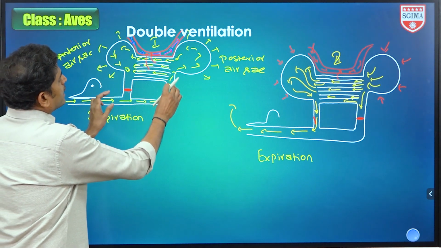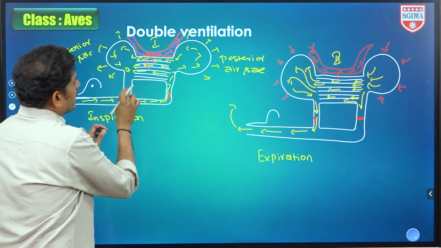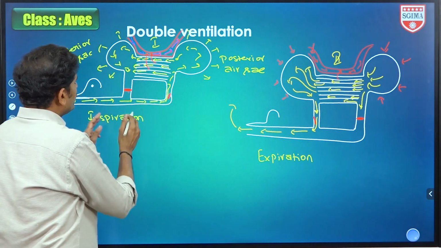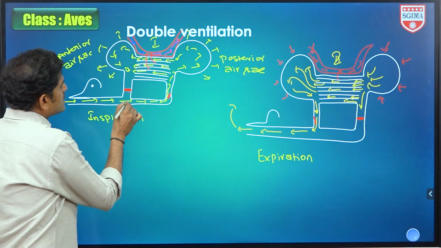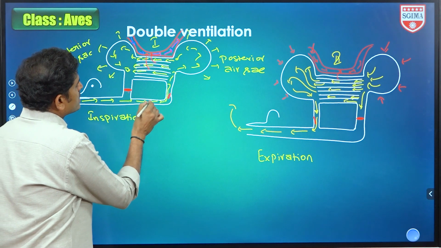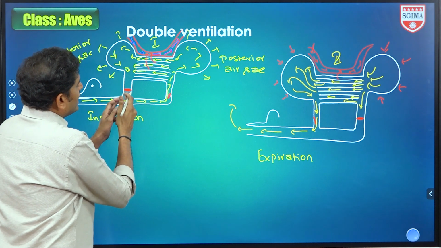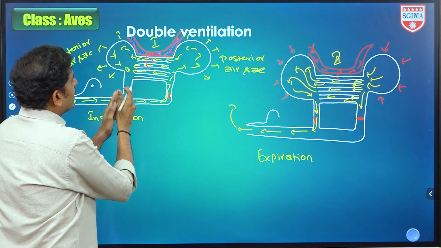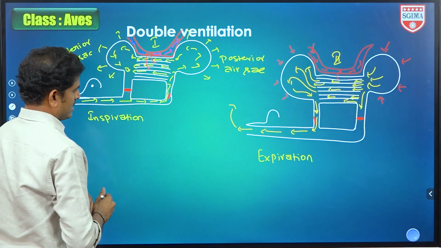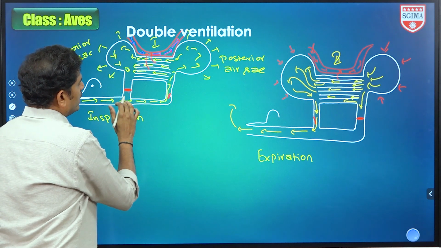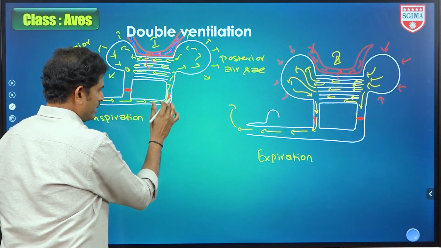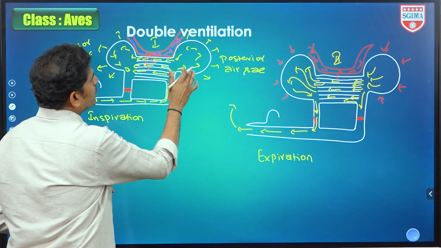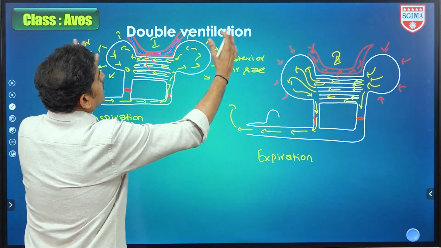In this air passage, on this side and this side, in these two areas, valves are present. So during inspiration, air enters the trachea and travels onwards. Here the air tries to enter, but the valve blocks the entry to the anterior air sacs. Then it is not allowed. Then it travels further, and there it gets permission, and then it enters into this expanded air sac.